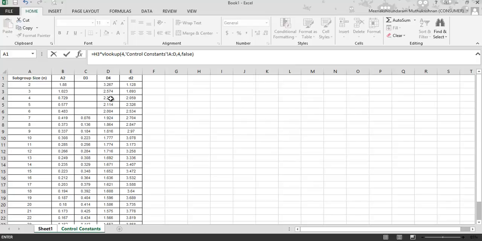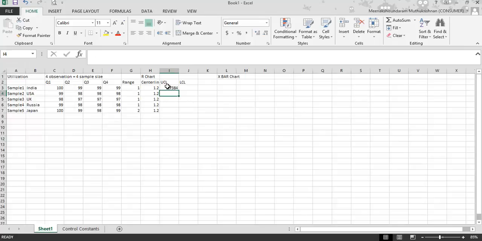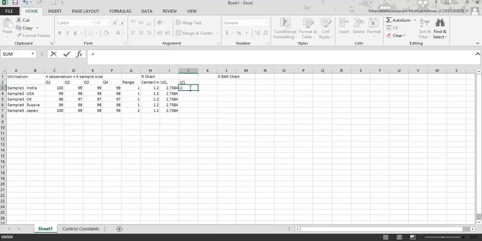So 2.282 into the central line value. So this is the value we have. We can use the same formula. Whatever I am doing here is just for creating a chart. So I'm just using the formula here, and for LCL it is nothing but the central line into